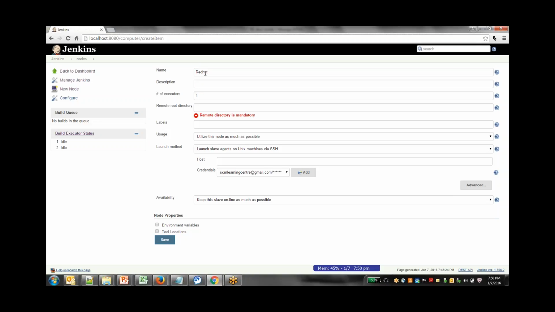Which is typically going to be in some remote location. So what will this master Jenkins do? It will try to connect to this server and run the job that you are tying up with this server. So in that case, in this machine, where exactly the job should run, that is what we call